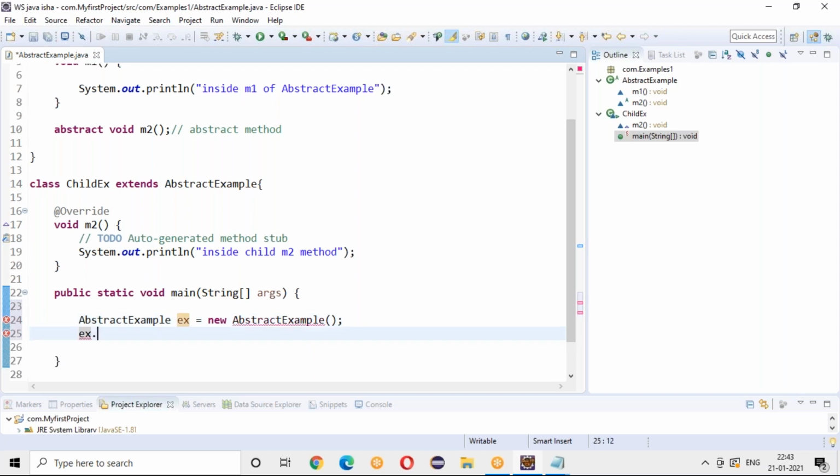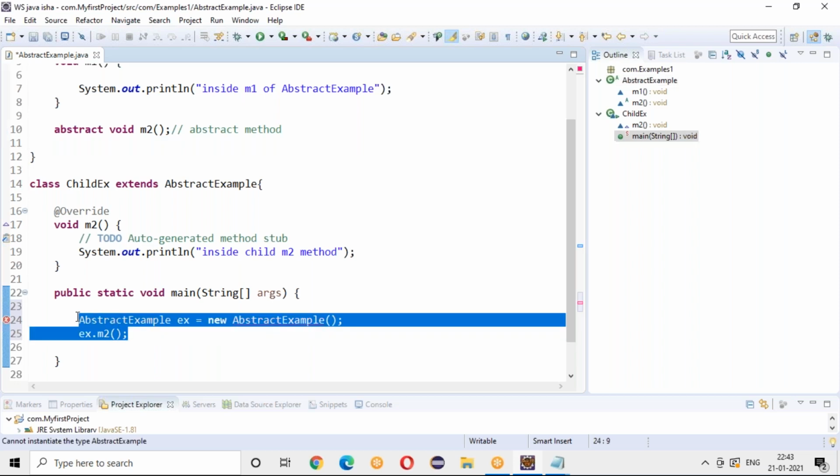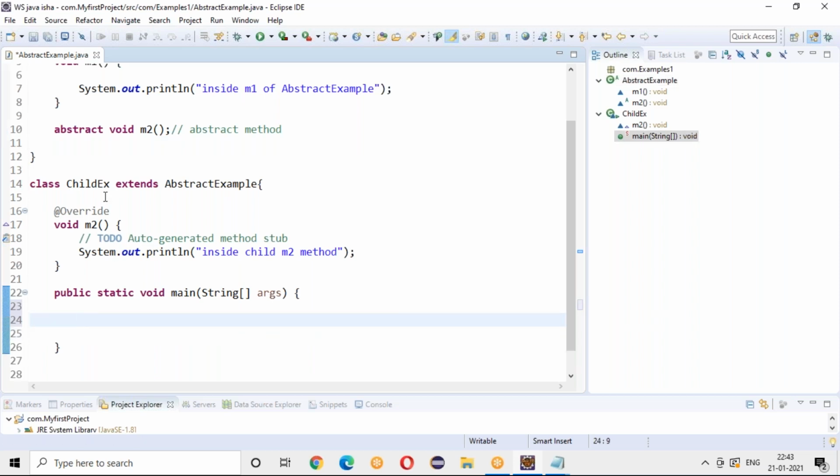So if, for example, I call ex.m2, what will happen? Nothing. You're not going to get anything, because it's an abstract method. That's the reason Java has restricted creating an object of an abstract class. So I need to create an object of the child class which extends the abstract class.